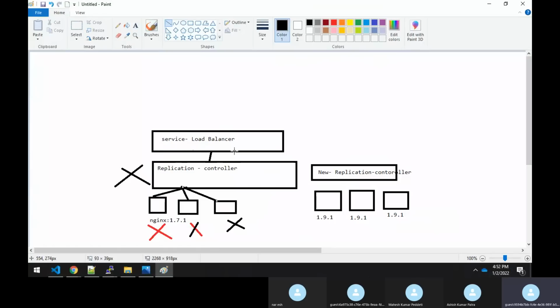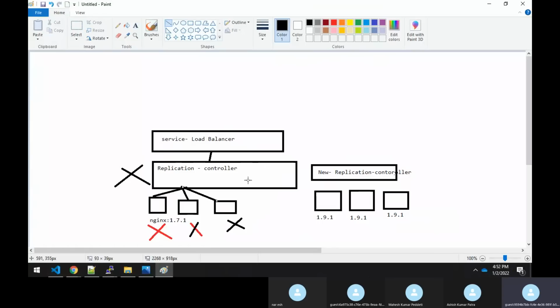So finally there is some kind of downtime. The service load balancer will check: I am connected to a replication controller with some name, and that name itself is not there. So you will see some downtime. Later, the new replication controller that got created is assigned the older name.